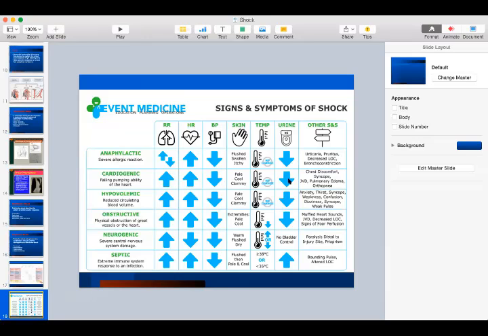And we have cardiogenic, which is a failing of the heart to pump properly. We have an increased respiratory rate, increased heart rate, but again hypotension, and your skin is pale, cool, and clammy. Temperature, there's no change. And chest discomfort is there. Obviously it is related to the heart, so it's going to possibly mimic the signs and symptoms of an MI. Syncope, right? Pulmonary edema and orthopnea are going to be there too.